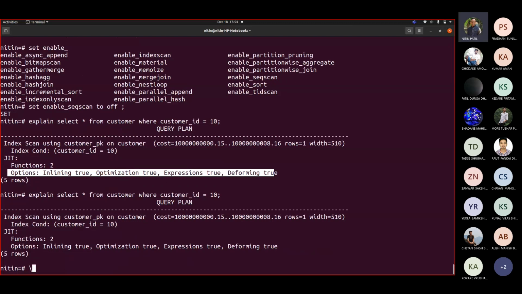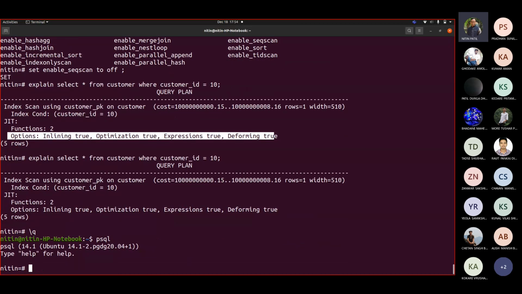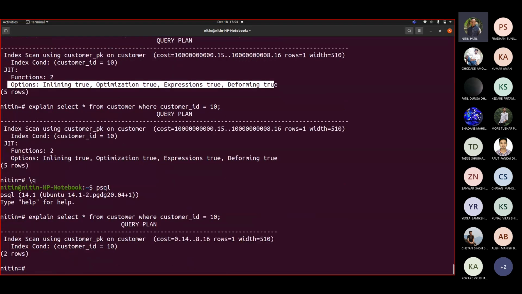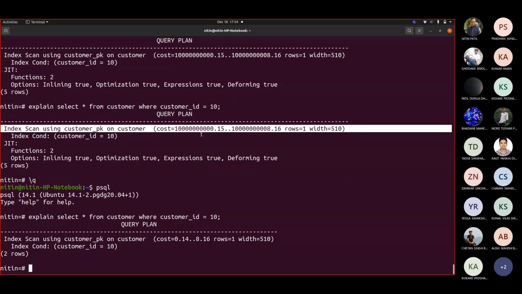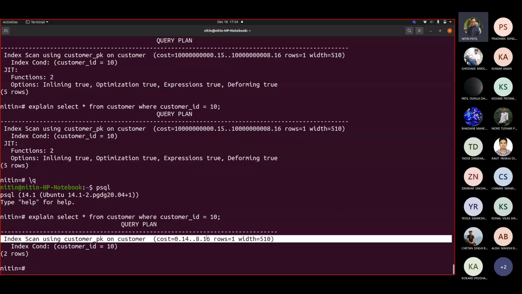OK, now if I quit from here, if I write psql and fire this query again, can you see this? This was there earlier. Now I am getting the original plan, 816. How is this possible? Whatever you do using set, like set enable something to on or off, will remain only till your session is up.